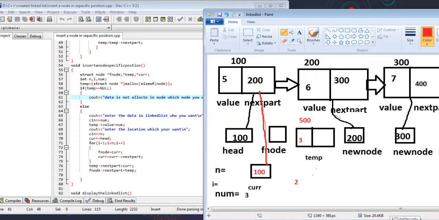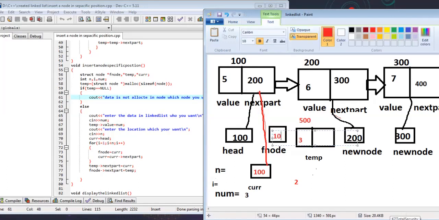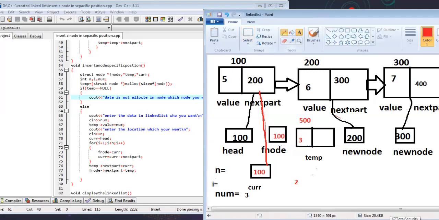This loop is for traversing the linked list. F node equal to current means the address of current, 100, is allocated in f node, so f node points to the first node of the linked list.